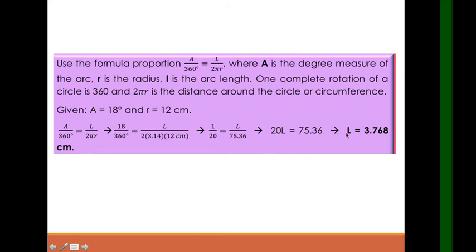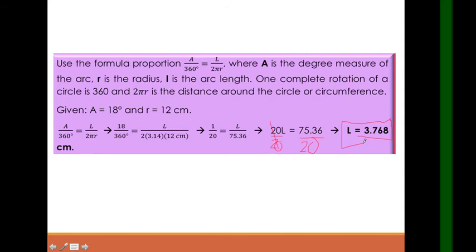So we have L equals, i-divide natin sila by 20. So 75.36 divided by 20 is 3.768. That's the length of the arc